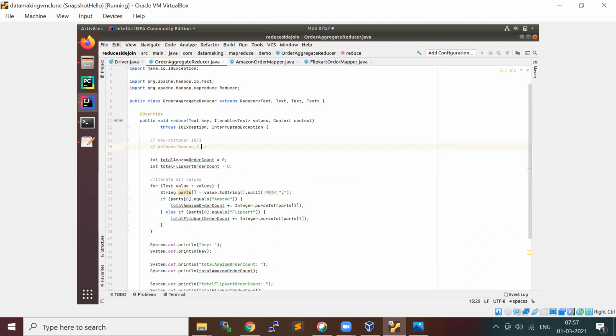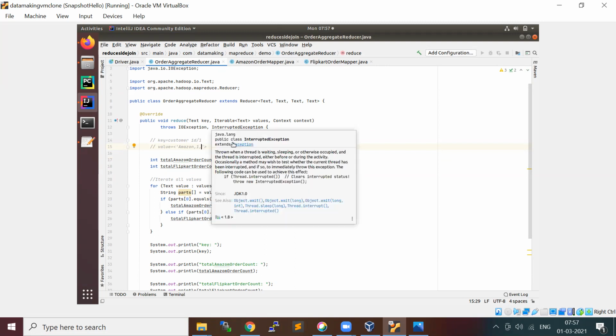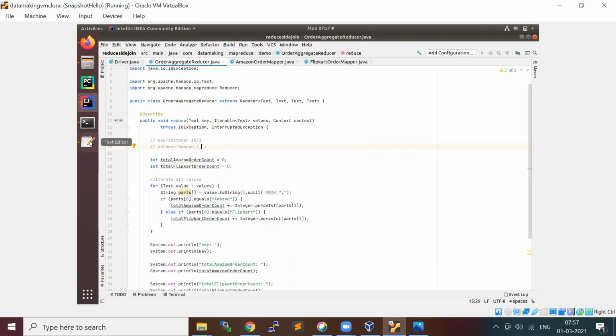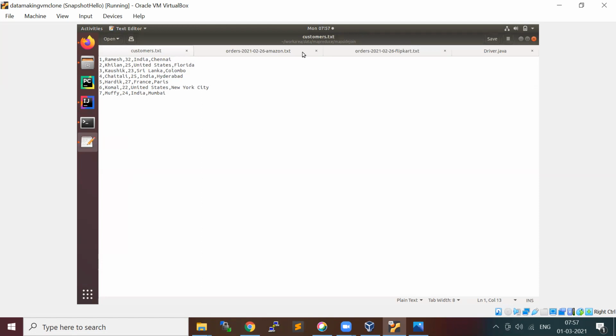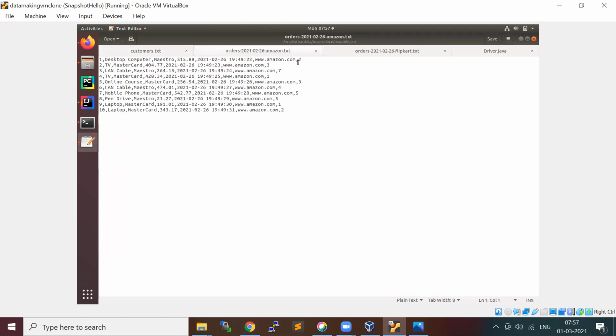For everything, I'm putting this counter as one just to find out the number of records, and then the order amount. So for example, if this has come first, here your customer ID is 2, and the order amount is,